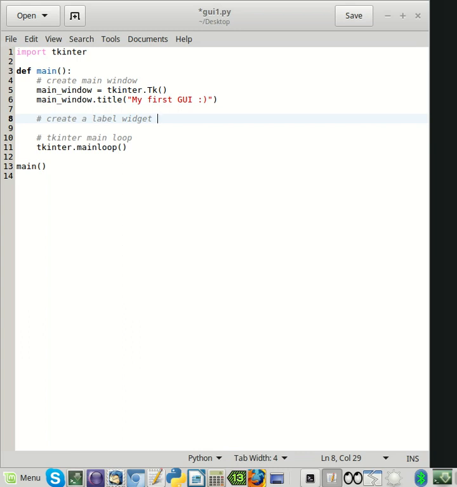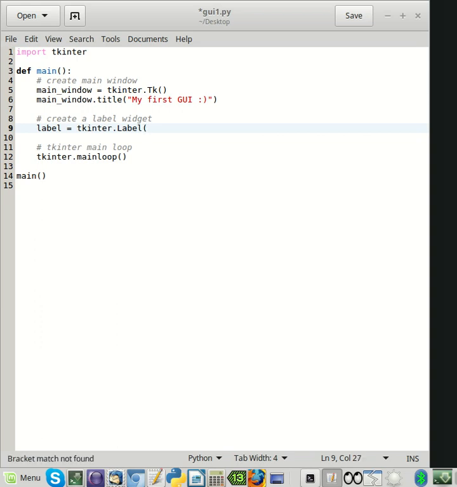And label widget. Okay, and there we can say label equal Tkinter dot Label, capital L, and where this label is going to be is on our main window, so we have to refer to it here,